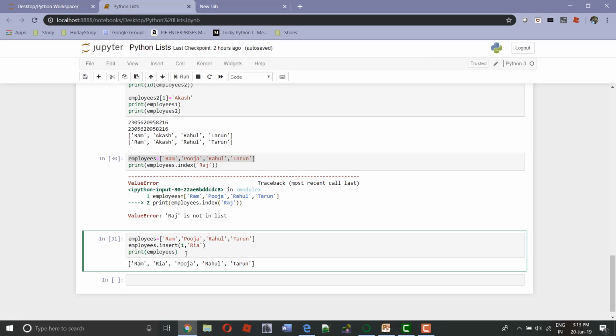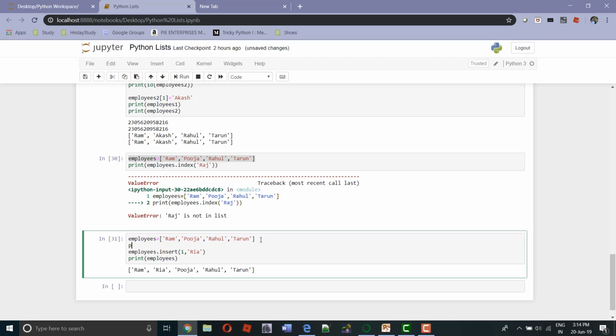Now, when we started with the list, we said that lists are mutable. That is, they can be altered after declaration. So how can we check that out? Here you can see that we first created a list. What we can do is print the ID of this list, that is the location of this particular list. And thereafter, when we perform insert, we can again check the ID of this list. It should give us the same location.